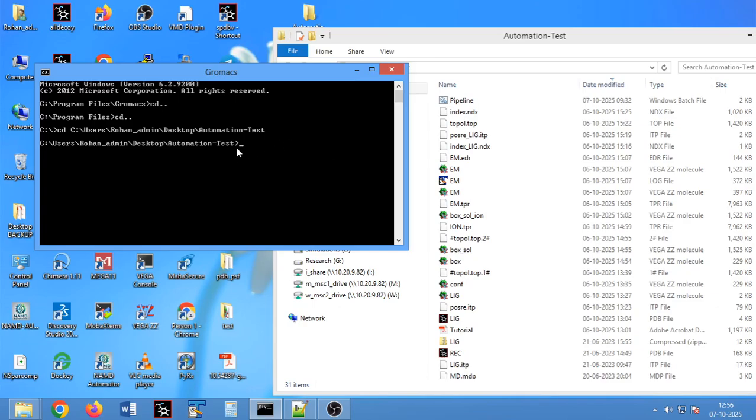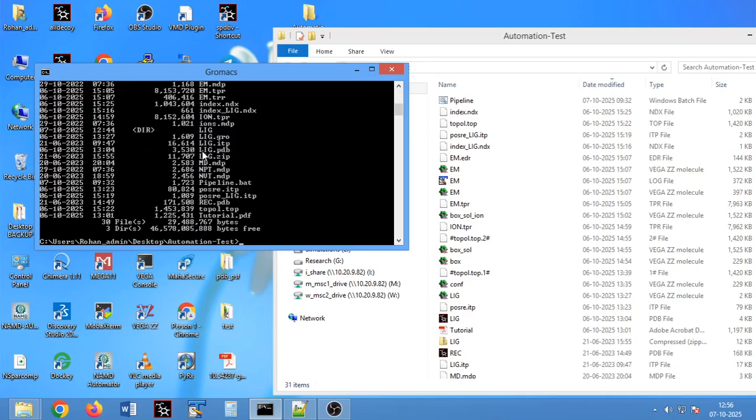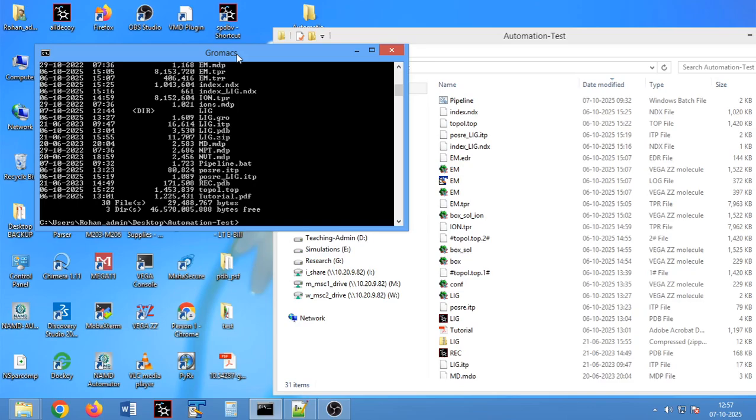Okay, now once you are in the right directory, let us make sure by giving this directory command, and now you can see that we have this file over here, pipeline.bat. I am talking about this file. Okay, so now all you have to do is to call this batch file